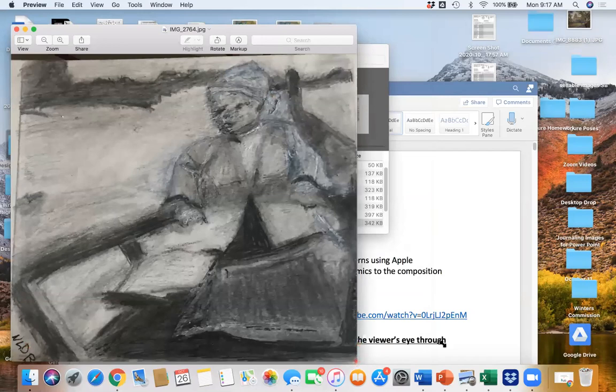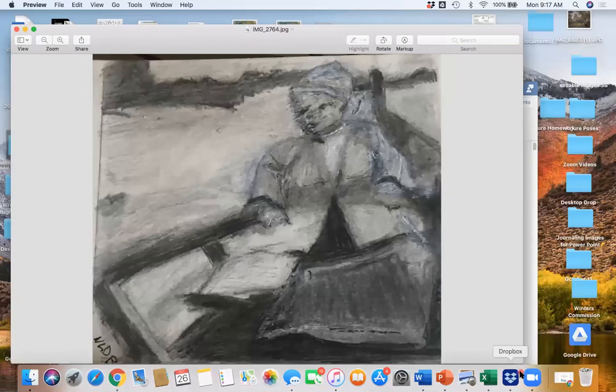Okay. All right. So this is kind of a cross between a Notan and a black and white, or grisaille, as you called it. Yeah, I downloaded the Notanizer to get the real dark darks. Good. Okay, so you've got kind of a three value, one, two, three, maybe four value